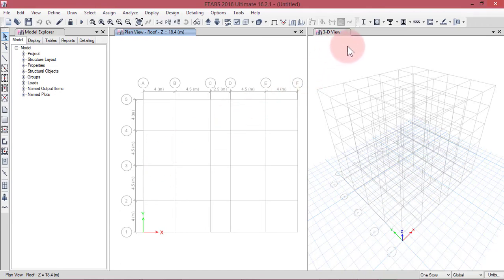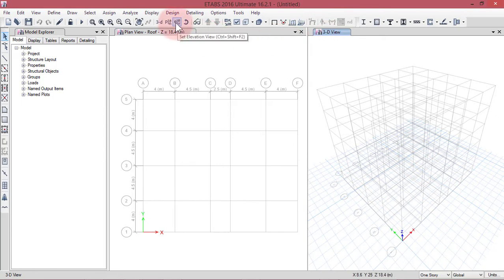For that, you click on this area so that this window will be activated. You can see this blue color. If you click on this area, this window will be activated. So I want to change this 3D view into elevation view. For that, you select this area so it is activated.